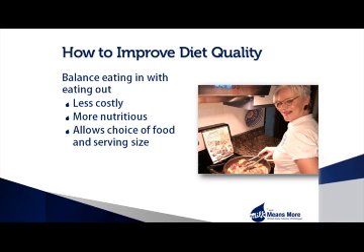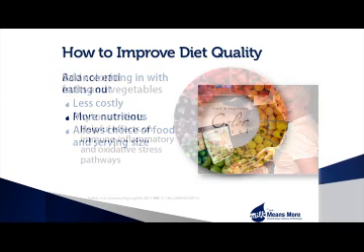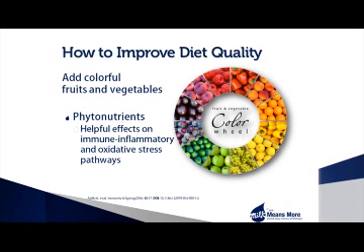There are many logical reasons why people eat away from home. However, eating at home allows consumers more choice over what and how much they eat. A simple tip for good nutrition: eat plenty of deeply colored fruits and vegetables. Plant foods provide nutrients and fiber, as well as more than 25,000 different phytonutrients.